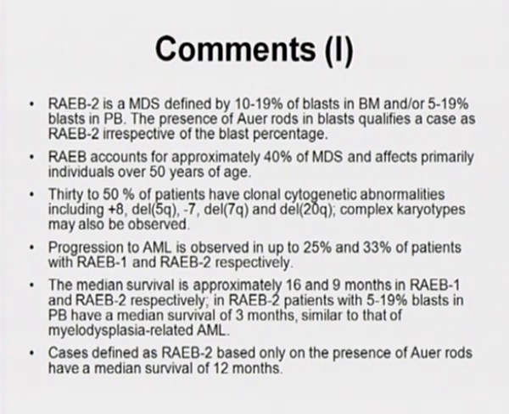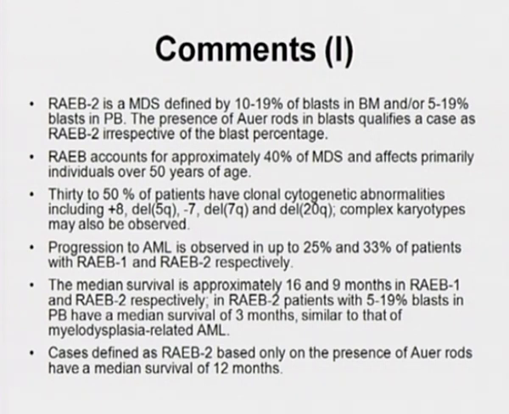In RAEB2, this is another point underlined in the classification, patients with 5 to 19% blasts in peripheral blood have a median survival of 3 months, similar to that of AML with myelodysplasia-related changes. So maybe from a biological point of view, we are talking of the same disease in different chronological